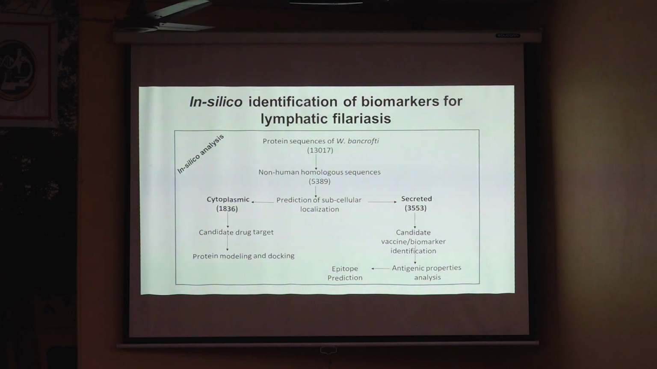But those that are secreted outside, they can be either used as biomarkers or can be used as vaccine targets. So then for the drug targets, we are doing the modeling and the docking, and for those candidate biomarkers, we are finding out their antigenic properties and also trying to find out whether they are species specific, so that only species specific ones can be used as a diagnostic marker. So this is the in silico and computational work that we are doing to identify the biomarkers for this